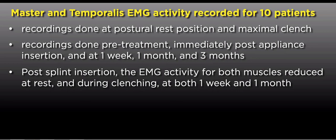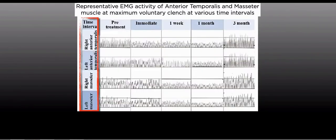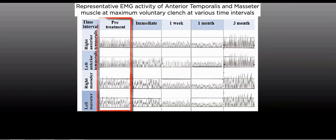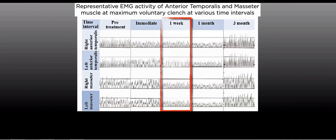And visually, it looks like this. Here's the muscles that the electrodes were placed on. Here's the patient clenching before the appliance was inserted. Here's clenching on the appliance immediately after insertion. There's almost no change whatsoever in muscle activity. Here's the person wearing the appliance for a week and the muscle activity starting to go down. Here's the person wearing the appliance for a month, and now the muscle activity is definitely down. But now they continue to wear the appliance, and at 3 months, it's all the way back and actually almost